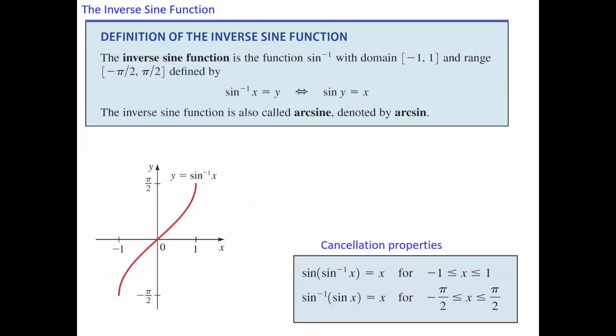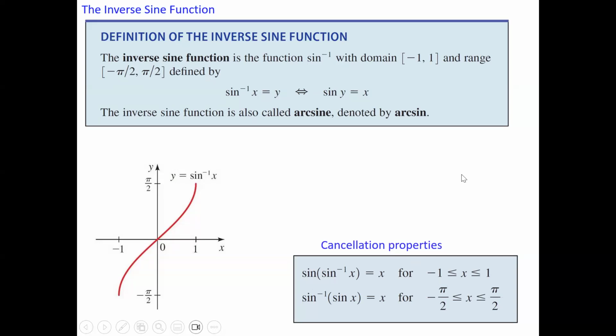Now I have just the definition. The inverse sine function is the function, inverse sine, with the domain between negative 1 and 1 and range between negative pi over 2 and positive pi over 2, including the endpoints. And this is the definition: inverse sine of x equals y if and only if sine of y equals x. And we can use arc sine, of course. We also have the cancellation property. When we compose the function and its inverse, we always get the argument, the input x,